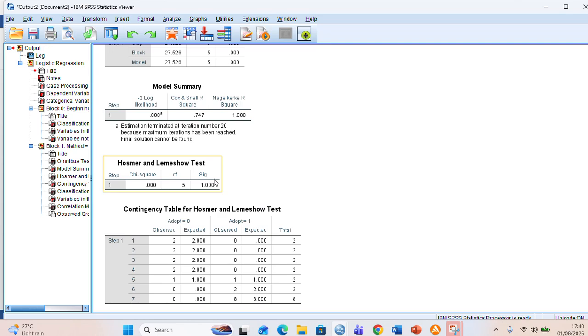But when we come to Hosmer, we are looking to test and evaluate whether there is a significant difference between those observed and predicted variables. So let's say that you have interpreted all of them, and if you do it one by one, it is going to make your report bigger. So you can bring all of them together, and then assuming